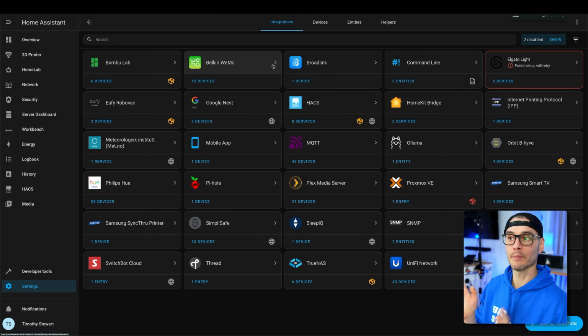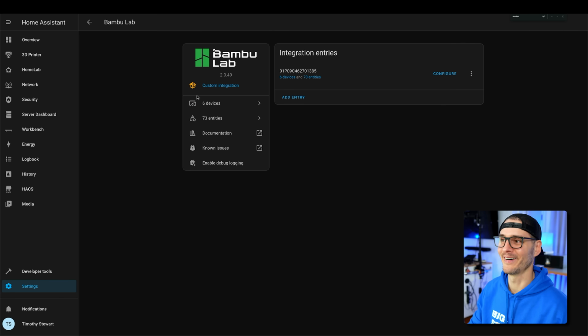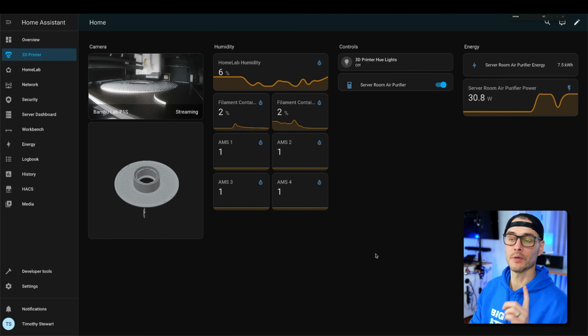And I've been managing some of my more complex automations here. So yeah, last year it was only kind of being used for a few things. Now everything's in here. I mean, you can see my 3D printer is in here right now. I mean, that's how far it's going. So I am going to continue to use this more and more, like I said, not only for home automation, but for some of my monitoring of some of my home lab services. So really cool. I love Home Assistant. It just keeps getting better and better.